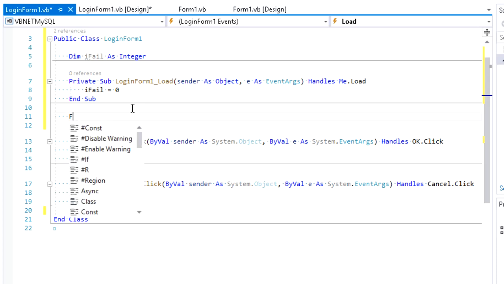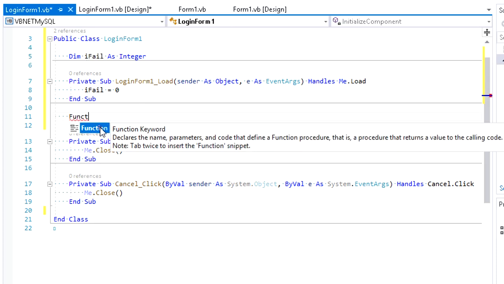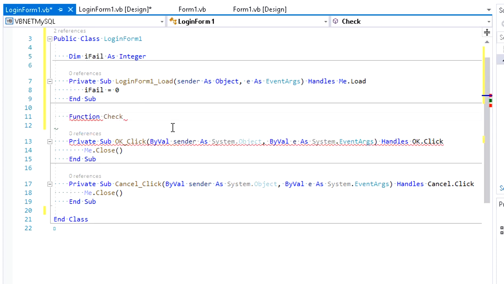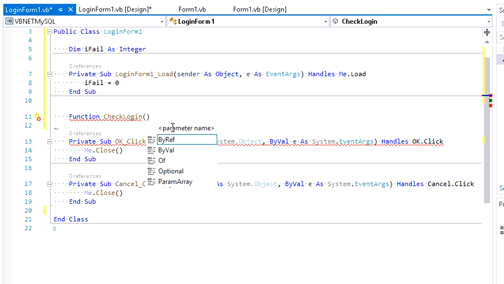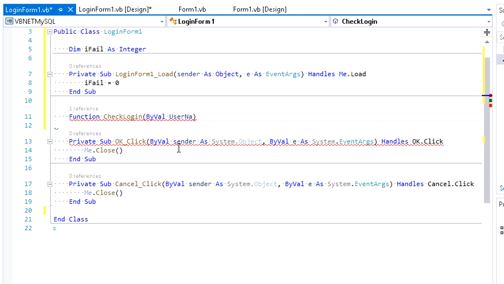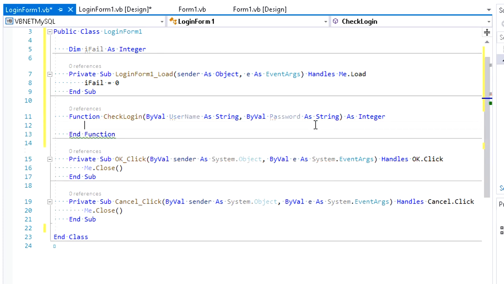After that, create a function for checking login data and name it CheckLogin with 2 string parameters for username and password. This function will return an integer value.